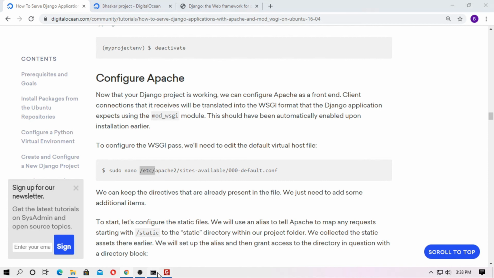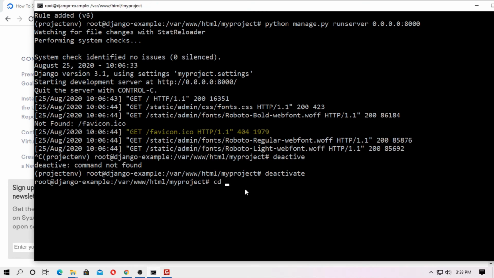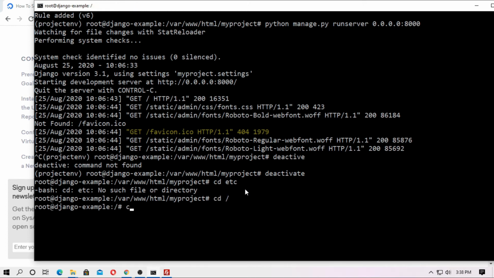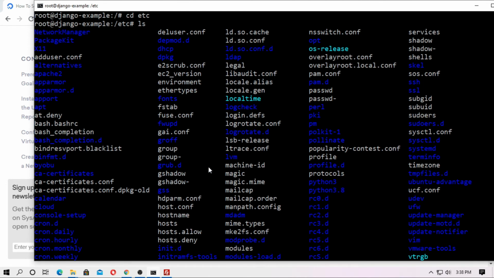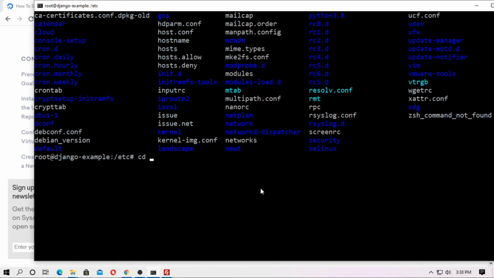So just go to cd etc and, okay, this is not a file. Okay, you have to go to the root directory at first. So just type cd slash. Now type cd etc. Now type ls. Oh my god, you have to type cd apache2.